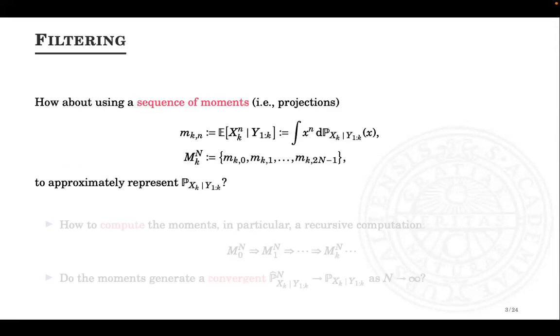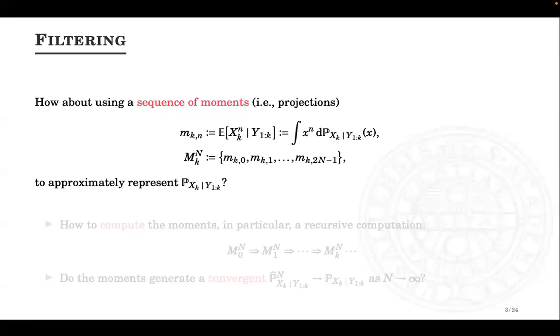So today, we would like to resort to a different representation of the future distribution approximation: a sequence of moments. Instead of computing the full distribution, we would like to solve a projection of the distribution up to the moments. Here I use the notation M_k^n to mean the nth moment at the kth time step. There is a definition: the moments of the